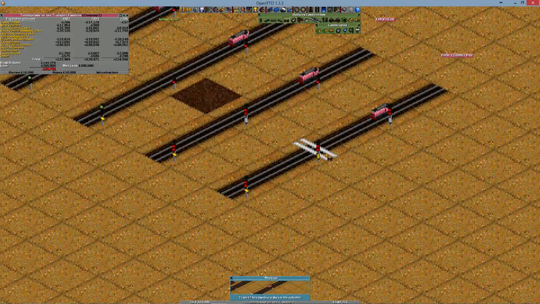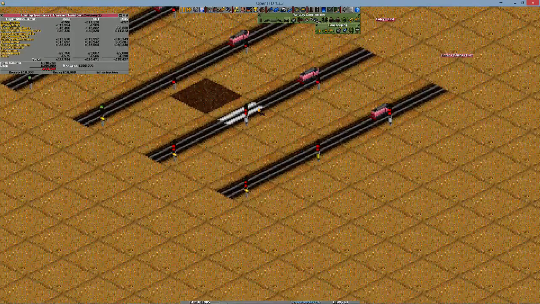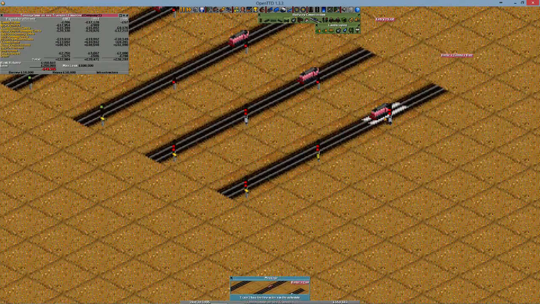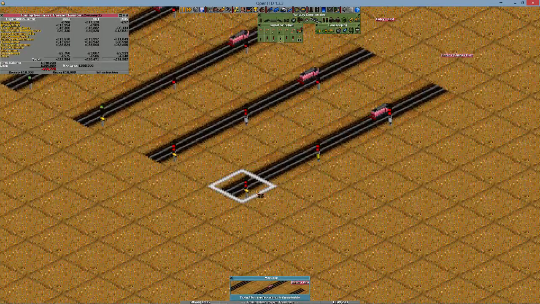So you can see here, the combo signal is acting exactly like the exit signal. It's triggering this entrance signal right here to be red. Now, sorry, let me just step back a second. We've got an exit signal, combo signal, and an entrance signal right here. So the exit signal is red, the combo signal is red, and the entrance signal is red. So it's acting exactly like this exit signal right here in the way that it's triggering this entrance signal to be red. But the reason that it's called a combo signal is because it acts exactly like an entrance signal as well. So you can see when I change it to an entrance signal, it will also be